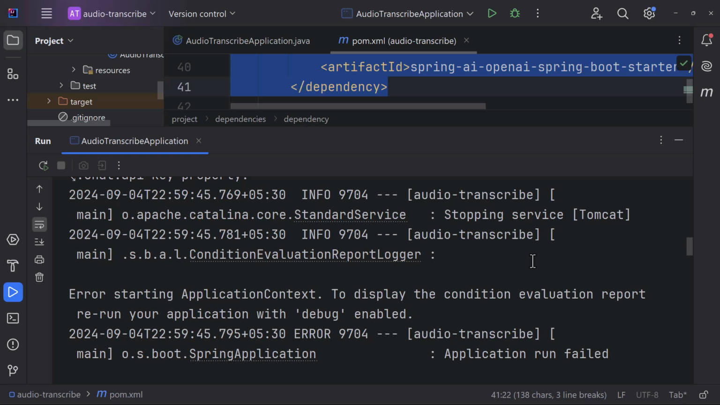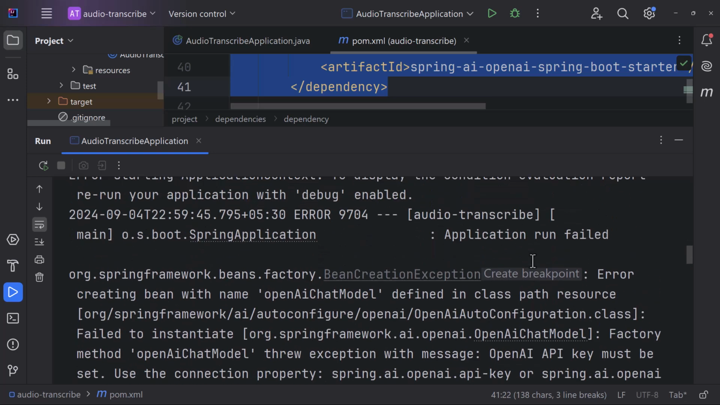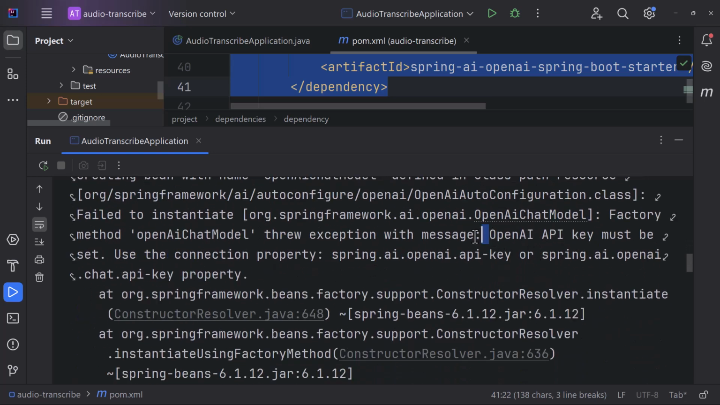All right, so we need to add a key over here, and that is something that we will learn about. You can see over here it clearly says that the OpenAI key must be set. Now you can make use of the connection property, and this is the property that you need to add into your